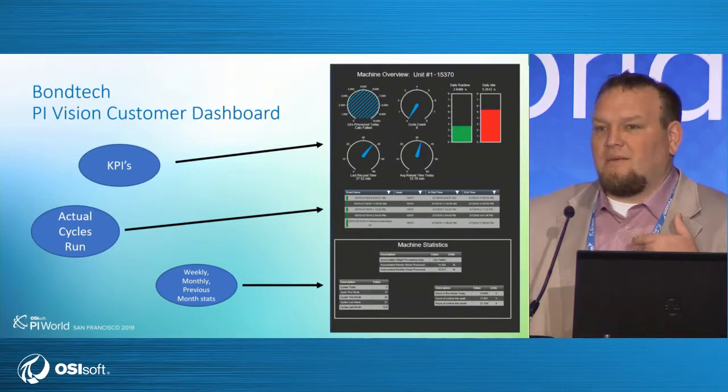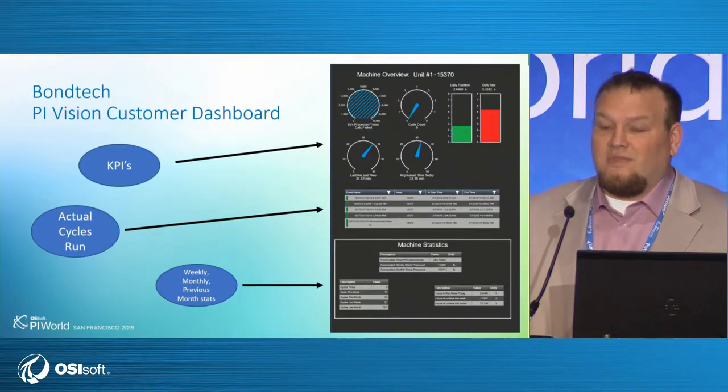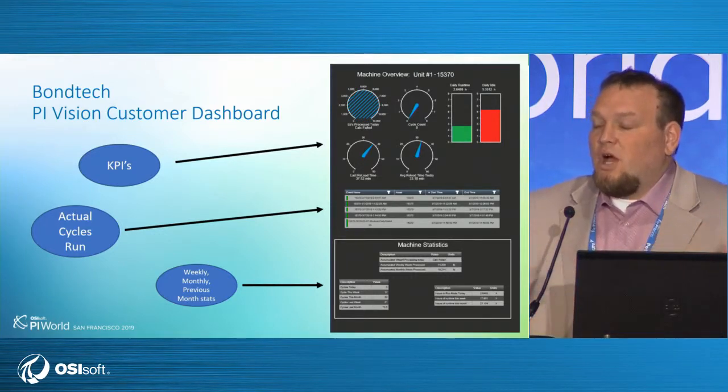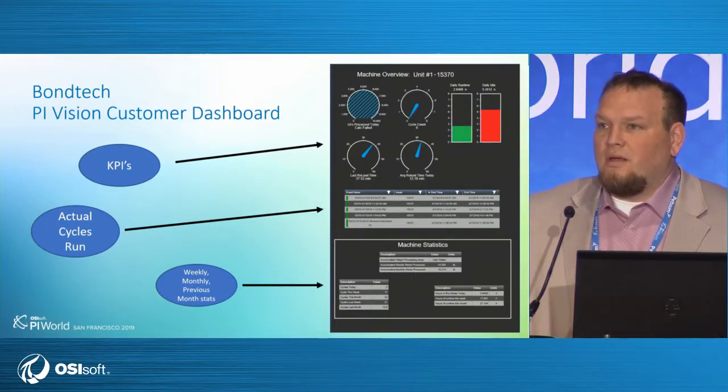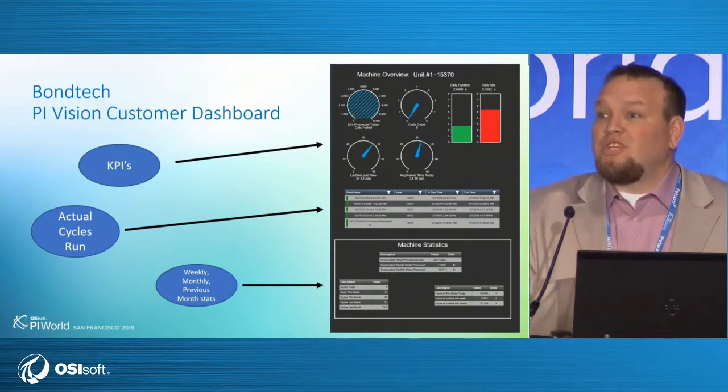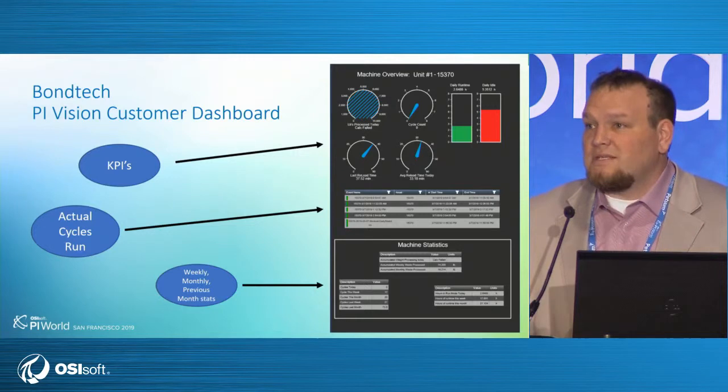It should only take about 10 minutes to unload a machine, reload the next cycle, and hit start. So them being able to get this type of information, which was previously just unknown because it was never recorded, has helped make a lot of business decisions. Granted, they might not need to buy another machine, but we are also proving usefulness to them and saying, hey,